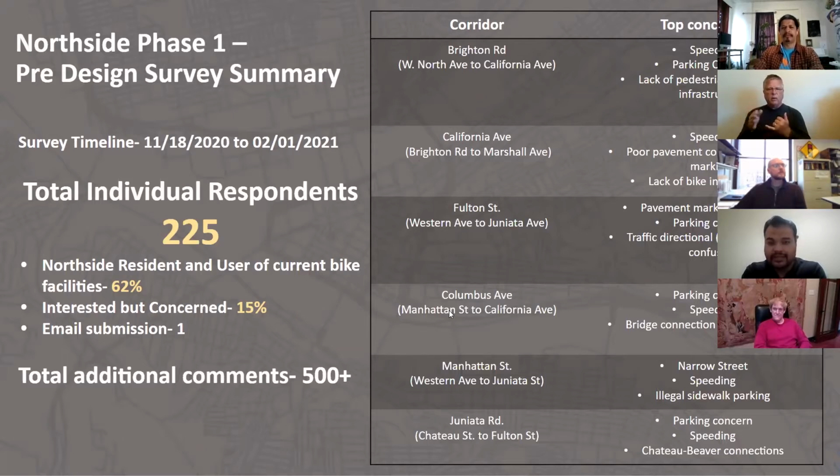The first one, Brighton Road. The biggest top concern that we got is speeding, and then parking, how it will impact the parking situation of that corridor. And the third one is lack of pedestrian and bicycle infrastructure, how it's hindering safety there. For California, the top 3 issues are speeding, poor pavement condition and road marking, and lack of bike infrastructure. For Fulton Street, the top 3 concerns were pavement marking and signage, again the parking concern because that's a residential corridor, and traffic directional confusion